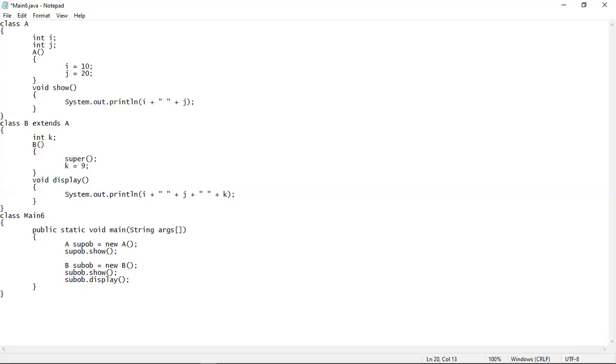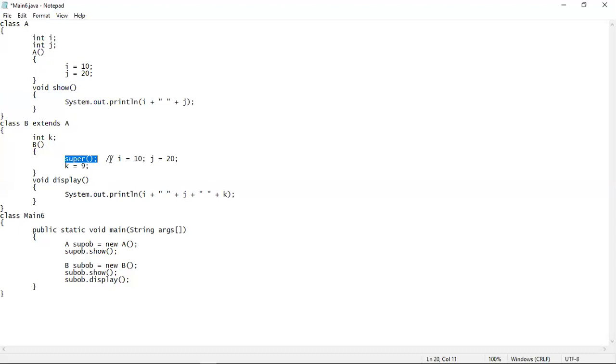If you do so, then actually these two statements will be executed, which are written inside the superclass constructor, which reads like I equal to 10 and j equal to 20. That means the value 10 will be assigned inside I and the value 20 will be assigned inside j. After that, 9 will be assigned into k as it is, so it has no relation with the super method. The super method here will just call the superclass constructor, this one here, from here. And after calling the superclass constructor, whatever codes are written inside it will be executed. That means these two will be executed here before the value 9 gets into the k variable. That means whatever we wanted to write here will be automatically done for you because of the code reusability feature